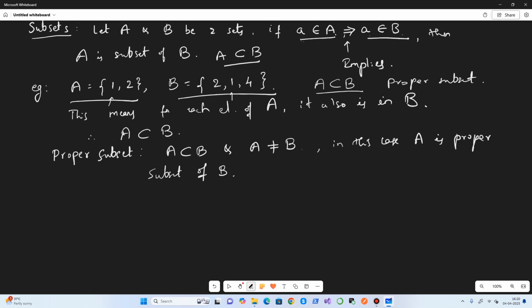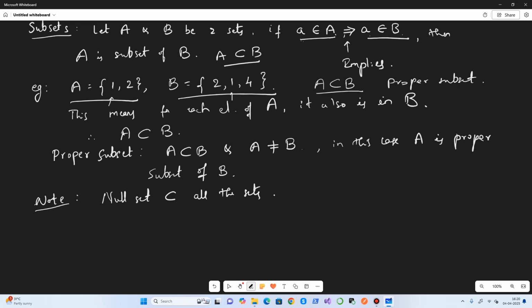We also have to note that the null set is a subset of all the sets.